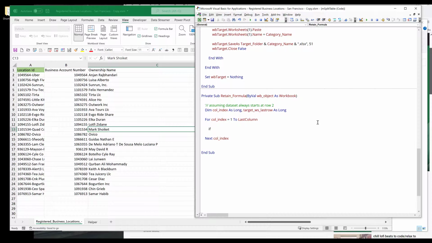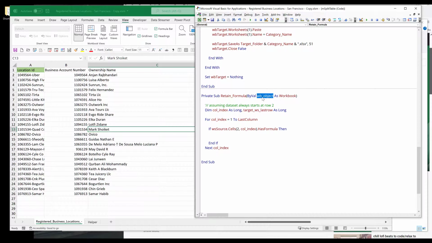And I want to reference the source worksheet .cells. Because our assumption is the data set always starts from the second row, we can check each cell in row number 2 from each column. If the cell has a formula, then we can assume that, here let me finish the syntax. Oh, I forgot the close parenthesis. So if the cell contains a formula,